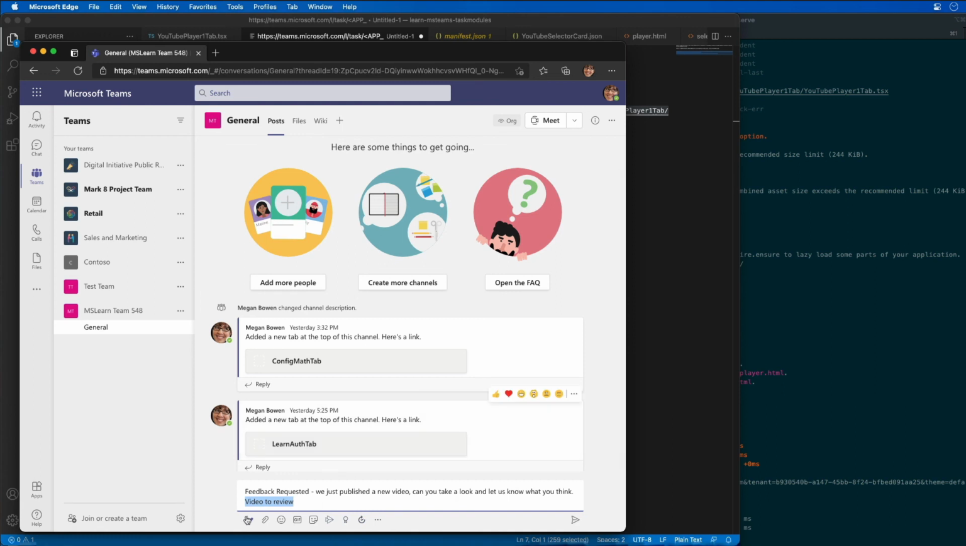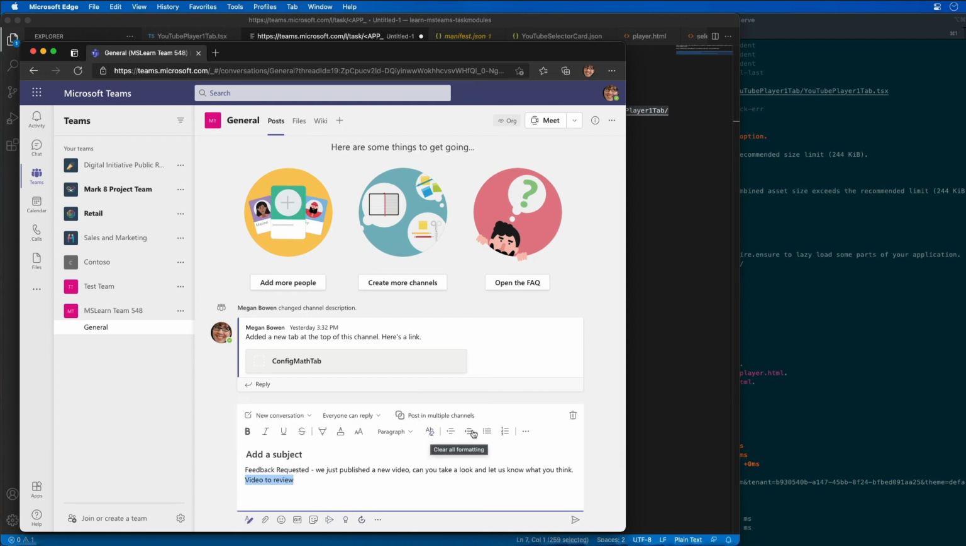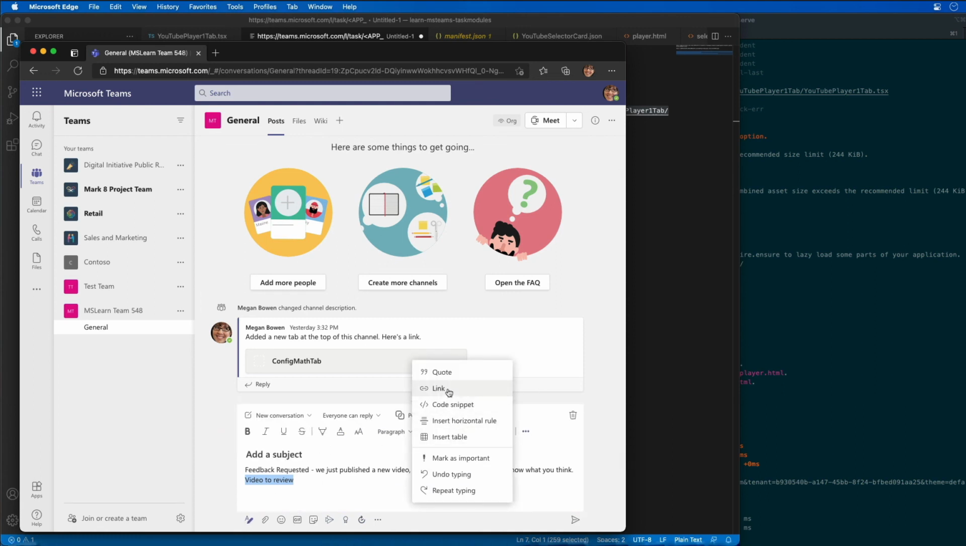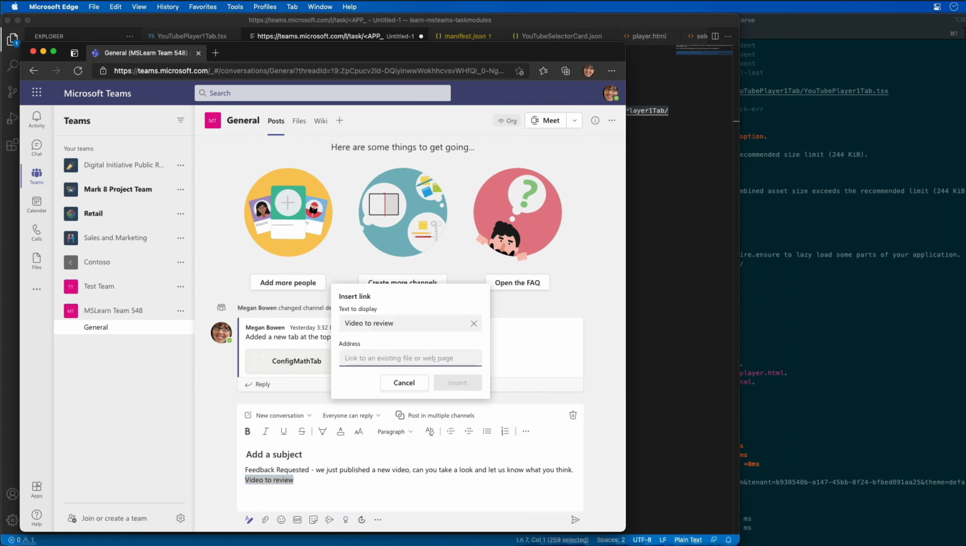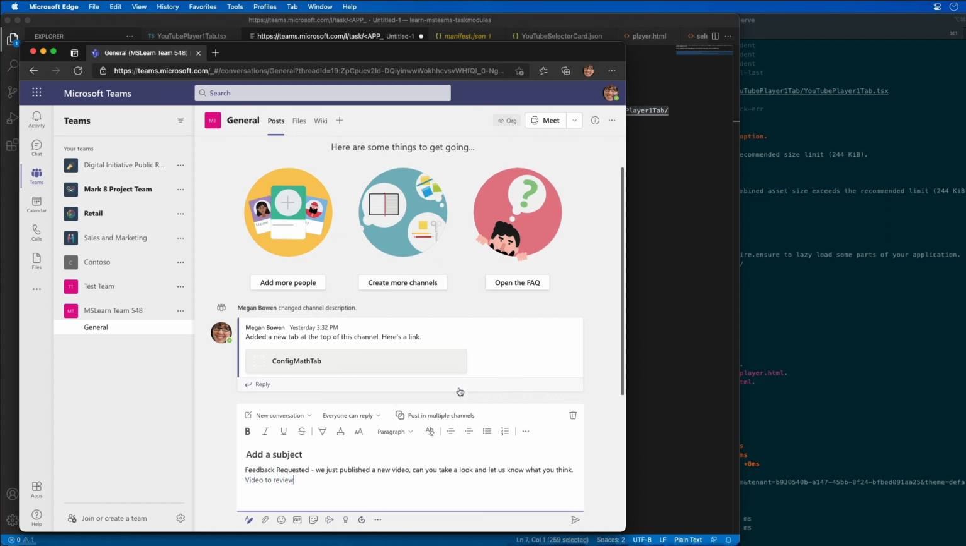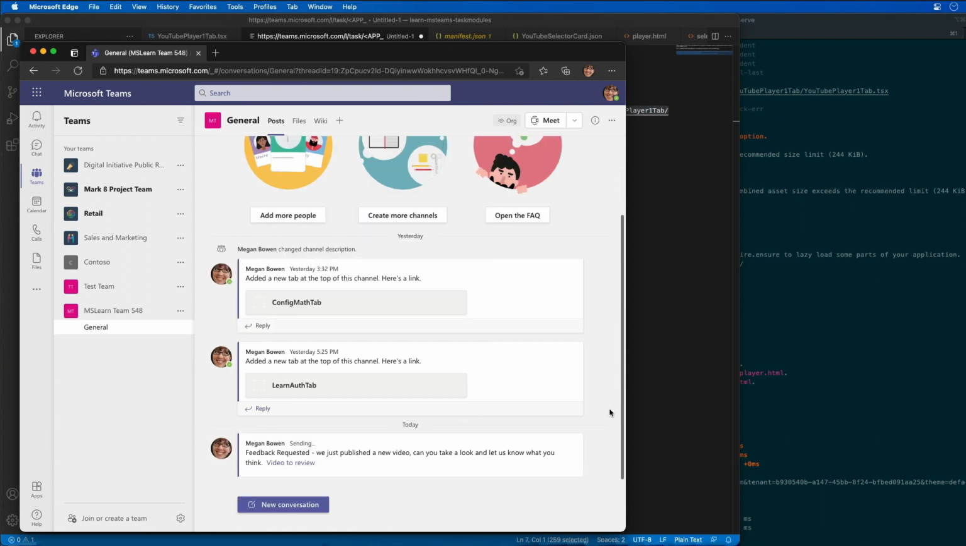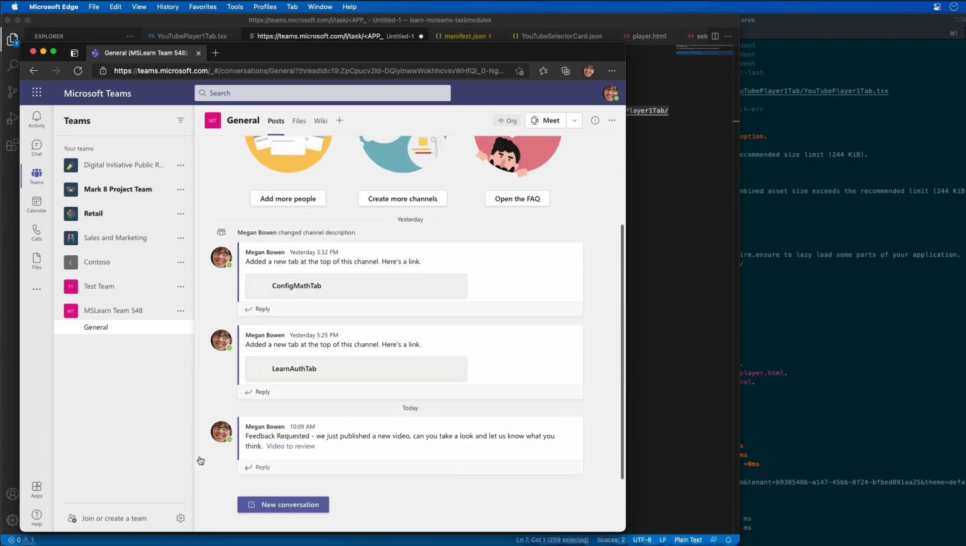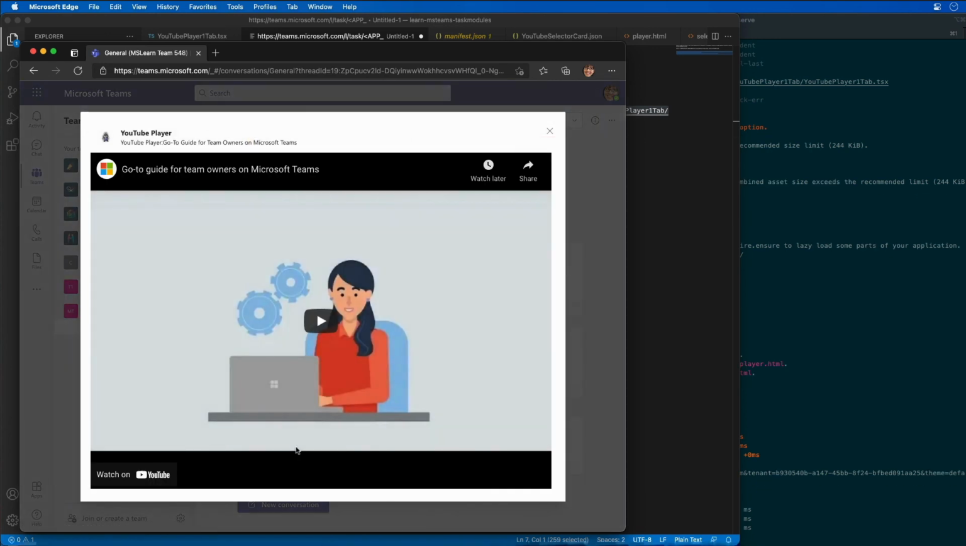We'll go ahead and open this up in the rich client, and we will create a hyperlink, and I'll paste in that link. Make sure that's everything. It is. Say insert, and then I'll go ahead and send that to our team. And now let's see if it launches the video, or the task module. So I'll select it, and sure enough, you can see now that we're using a deep link to launch the